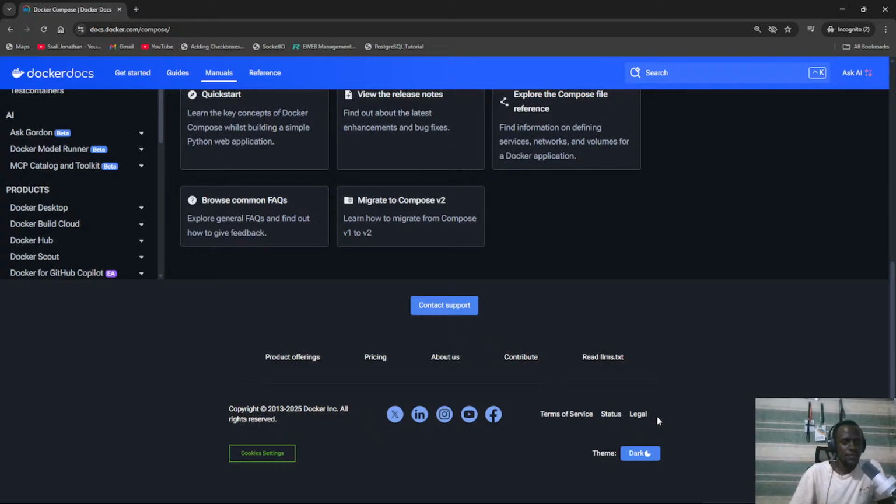So if you're deploying your simple app like the one we have here, a very simple service, it can be deployed as a standalone service using Docker Compose. I think I'll make a video about that in the future. But yeah,